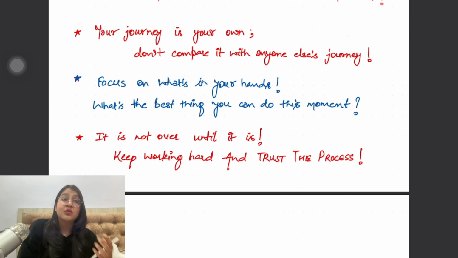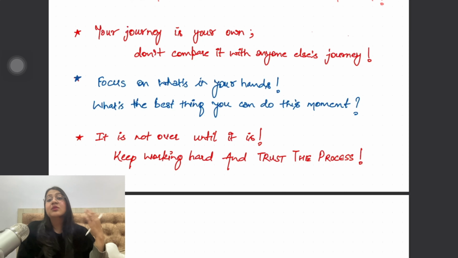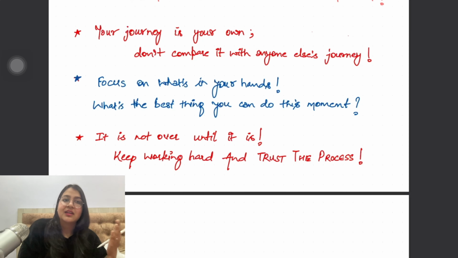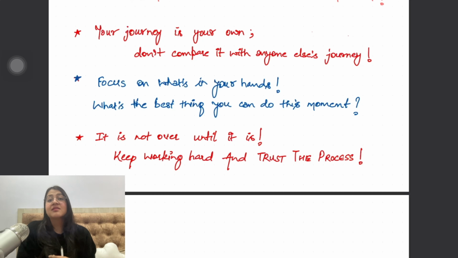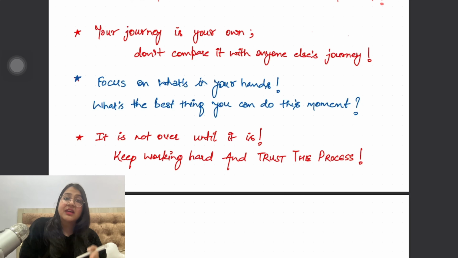You cannot control what anybody else is studying, you can only control what you are studying and what things you are putting your mind and energy to. Always ask yourself what is the best thing you can do at this moment. So whenever I used to go into that spiral of overthinking or negative thinking कि यार कुछ समझ नहीं आ रहा और इतना time waste हो गया, I've already wasted 1 week, 2 weeks and I've not been able to study nicely, I would just ask myself that what is the best thing I can do right now at this moment. Should I waste more time thinking about what was not done, or should I start studying at this moment? And the answer would come naturally to you.